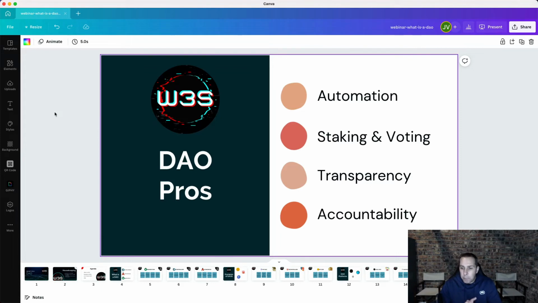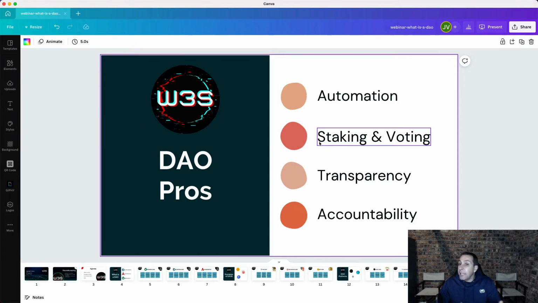let's just understand the pros and cons of running a decentralized autonomous organization. Now, in the case of the pros, the automations are a big plus. Not only is it very efficient in terms of not having to rely on human intervention in order for certain things to take place once voting occurs, these automatic transactions can just happen, especially on the financial side. So that's a great benefit when it comes to DAOs. There's no human intervention for actual processes that are required.